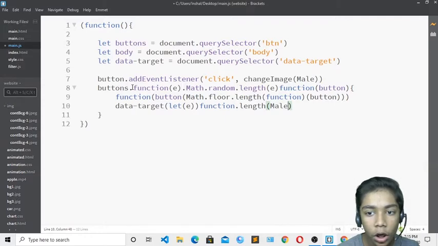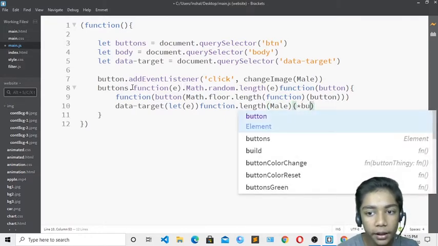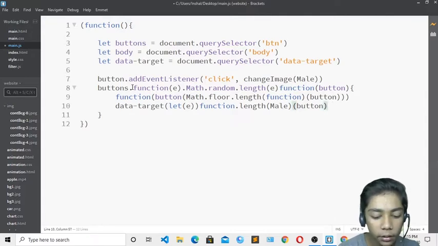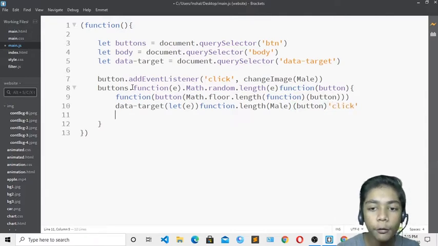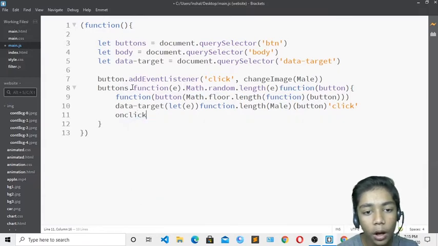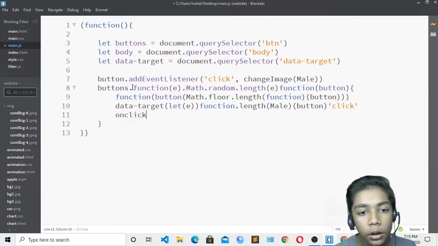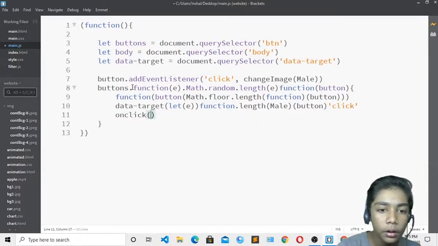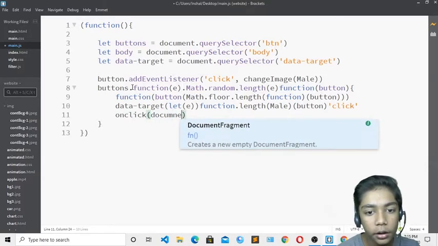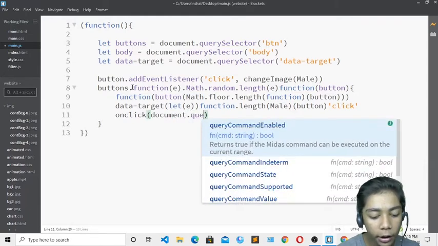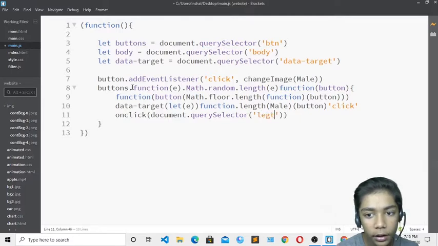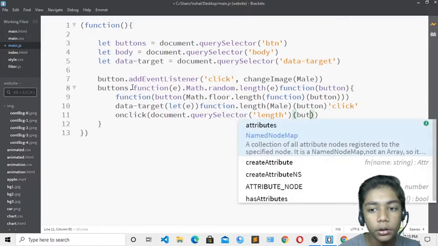Okay, so now we have defined all these things. Write over here button again, so I will define button, come over here, write click. Okay, so I will write click, then here you have to write on click. Okay, so when we are clicking our button, it is transferring to another one, meaning another one on the screen. So I will write document underneath and over here I will write query selector and underneath that I will define length. Okay, so spelling should be correct, length, and here you have to write button. Okay, so now it is good.